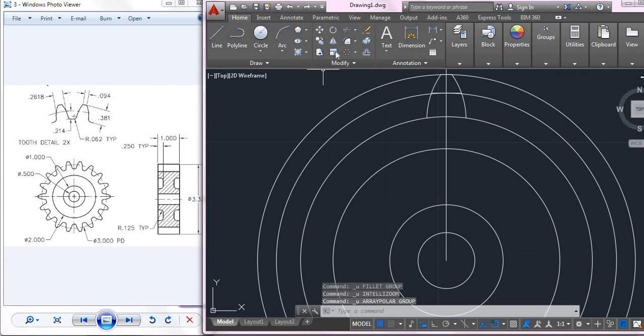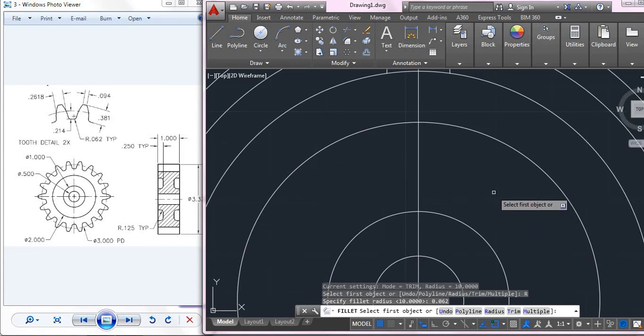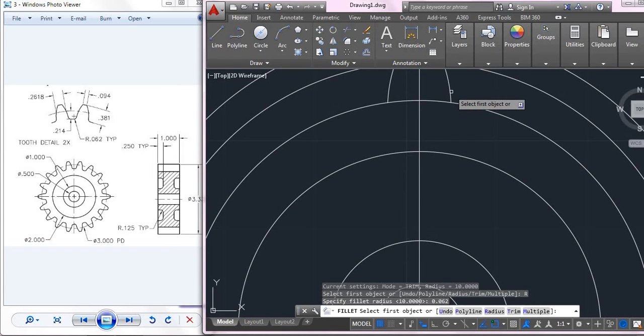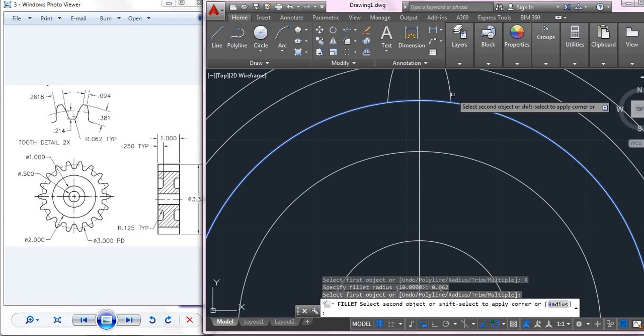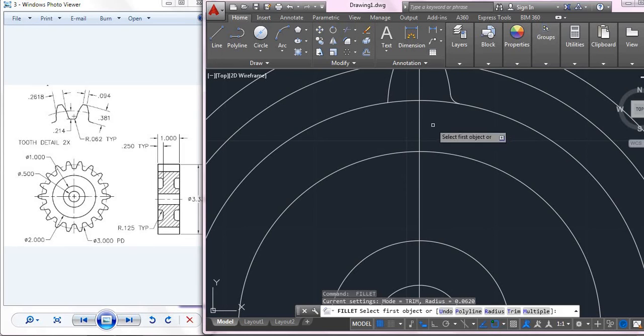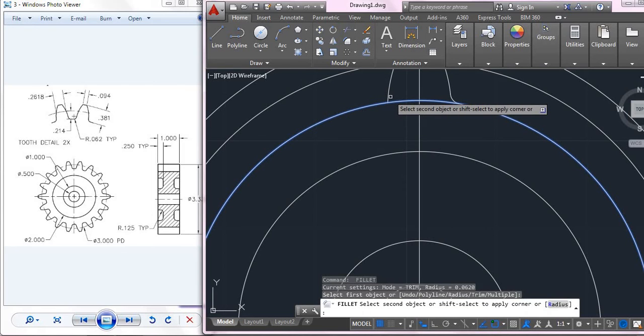So now here I will be filleting. Go for fillet, specify the radius as 0.062, enter, and fillet the edges, this edge and then this edge, and again the same way this edge.